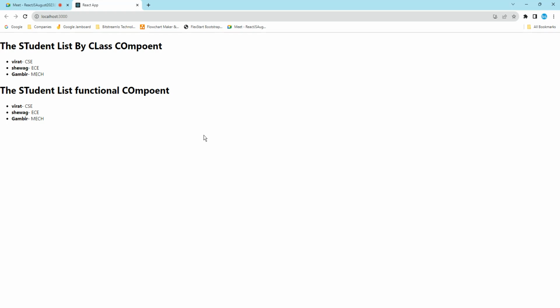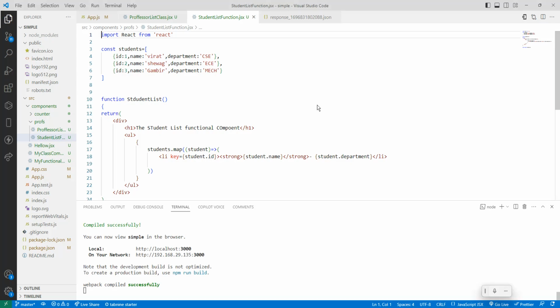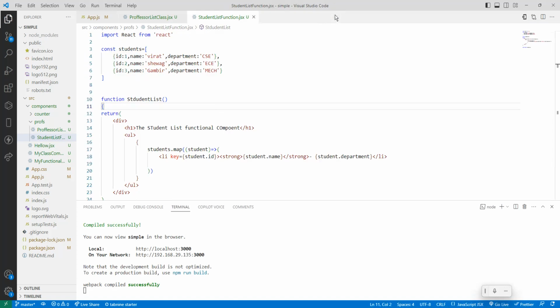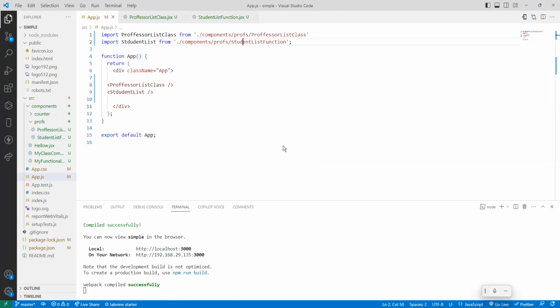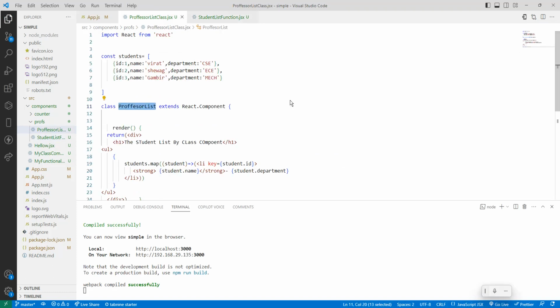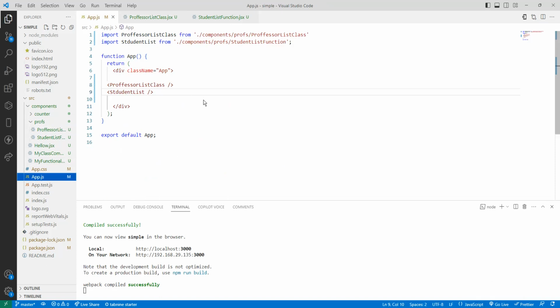Destructuring the props. What is destructuring the props? The first component, okay, when you do npm start, where will it go? It is going here, and this is the student list. So in the student list, what is happening here? We are going to take students, and see, this is through a map object, and in the class component we are going to pass the data. So same thing, we are passing